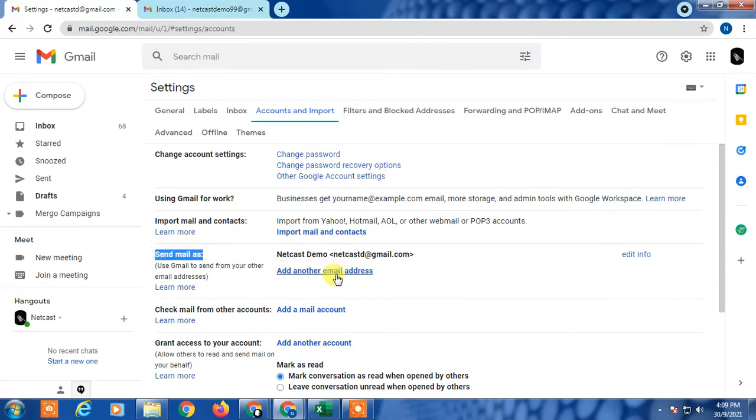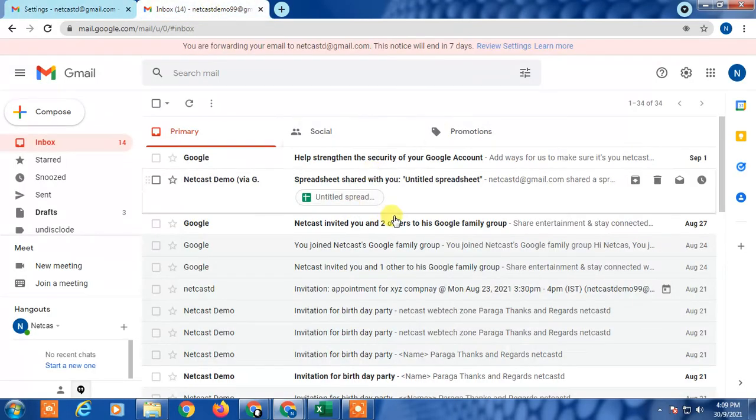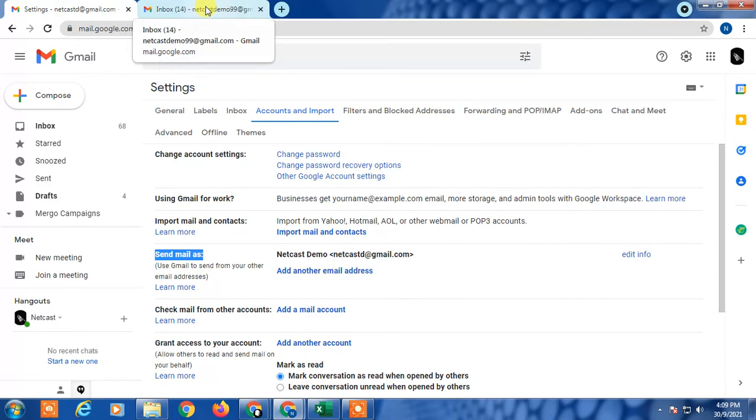You can add the second email ID here, so that you can send email from this second email ID too. You don't need to go into the second email ID and send the mail. You can send mail from here, and you can receive the mail from here also.